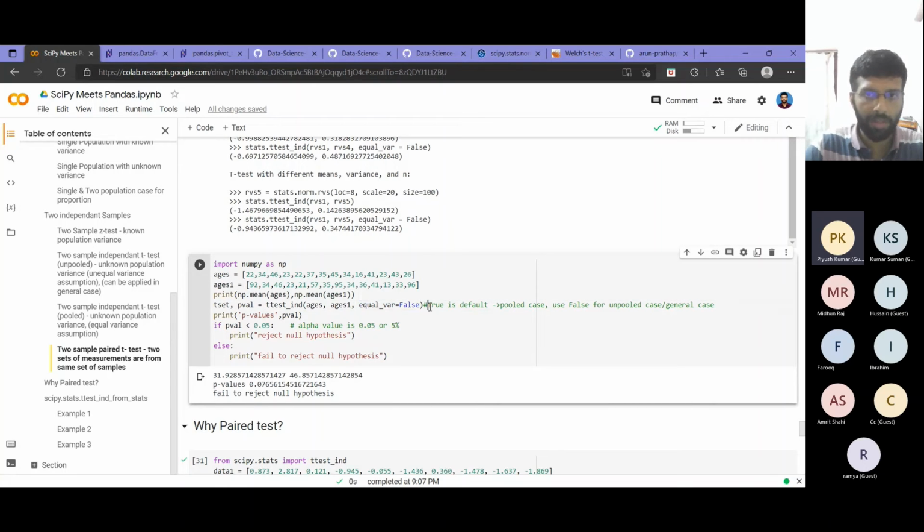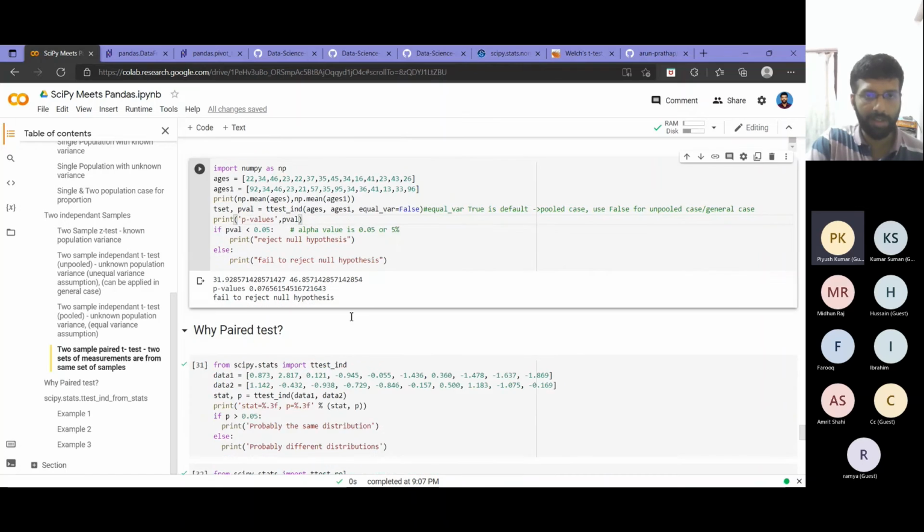So I hope that makes it clear. If I give False, I got 0.06 earlier, now I got 0.07. That is the value corresponding to the first equation that we got. And with True, I will get the value corresponding to the pooled variance equation. If you want, you can apply that formula here and see whether the values you get are the same as this. So that is the additional thing that I wanted to cover.